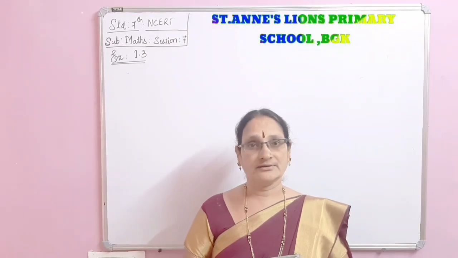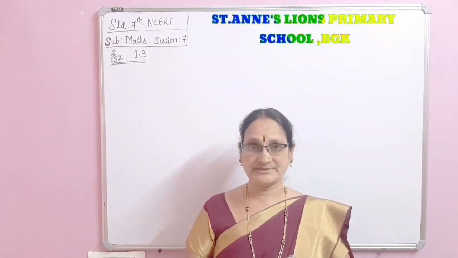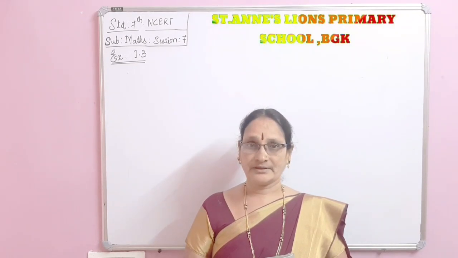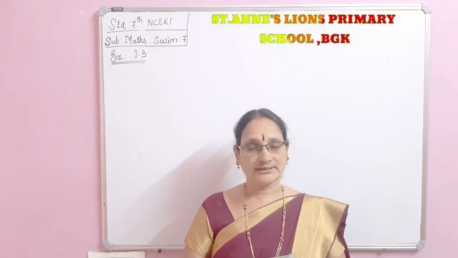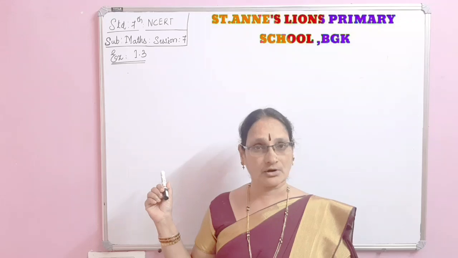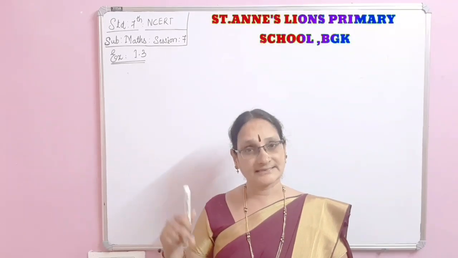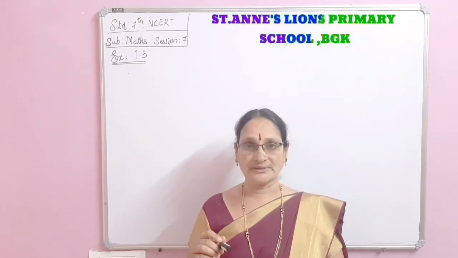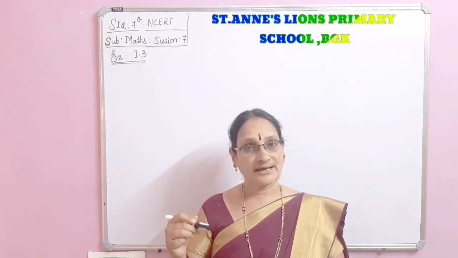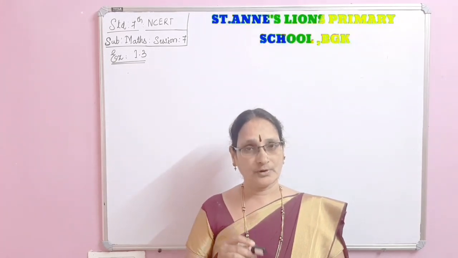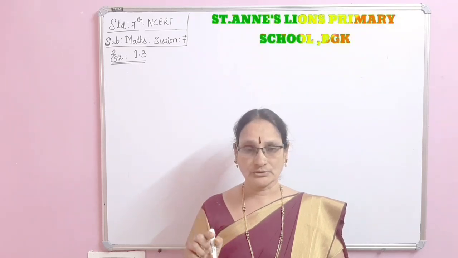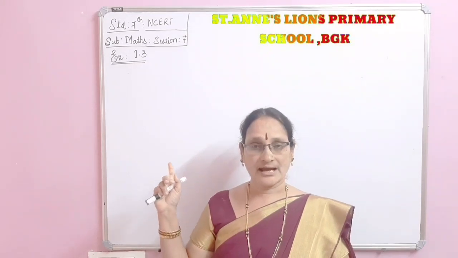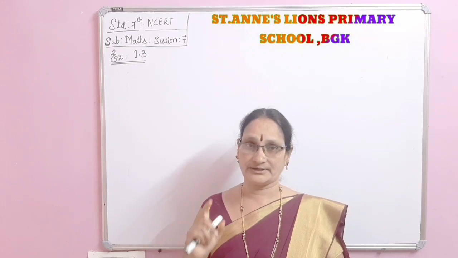Now see here, children, one piece of information I am going to tell you. Already we have given the notebook list of all the subjects. In that, mathematics 200 pages, horizontal line, two books we told. In that one book, you have to take all these points and even the exercise, all the sums I am solving. So neatly you have to copy the points as well as the exercise. Already so many points and exercises 1.1, 1.2 are over. Now in today's class, that is session 7, I am solving exercise 1.3.